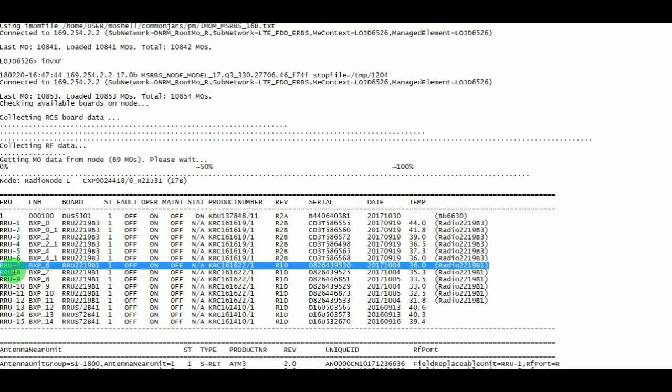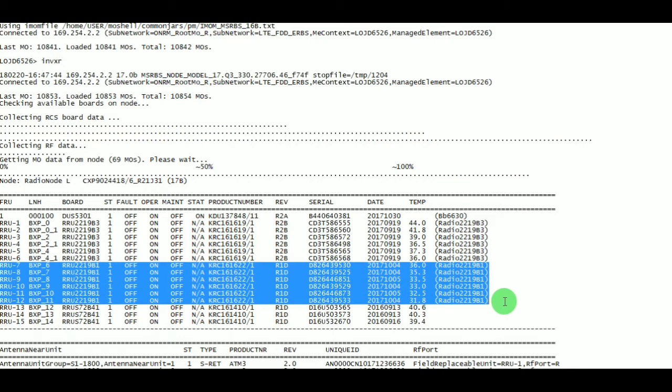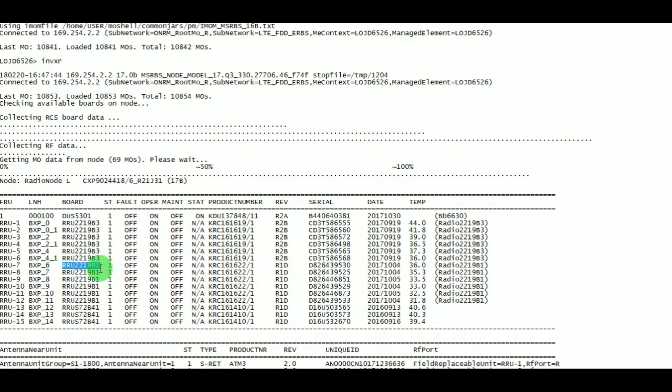Then it starts with RRU number 7, 8, 9, 10, 11 and 12. These are the associated technology which is used to provide the support for FDD 2100. Let me explain one by one. RRU 2219B1.